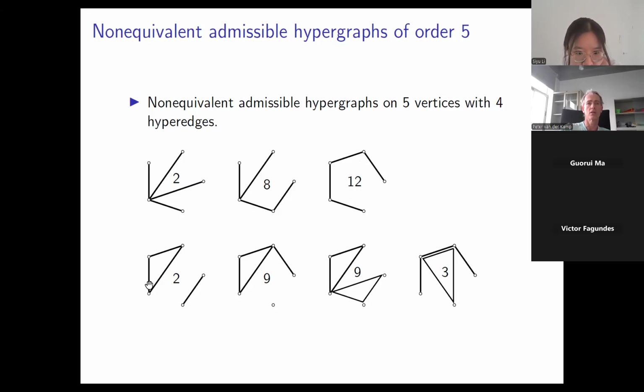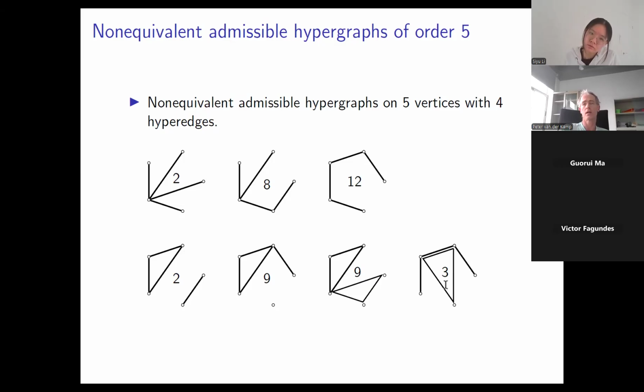Now, this is also a tree system. It's not so interesting because we have this loop here, so there are not 4 independent integrals for this case. This also doesn't have 4 independent integrals. This also doesn't have 4 independent integrals. But this one has 4 independent integrals connected to each of these Darboux polynomials. This is a 2DP, another 2DP, another 2DP, and a 3DP. And it's not equivalent to one of these tree systems of order 5. So this is kind of a new system.